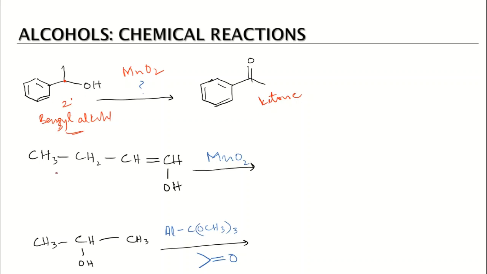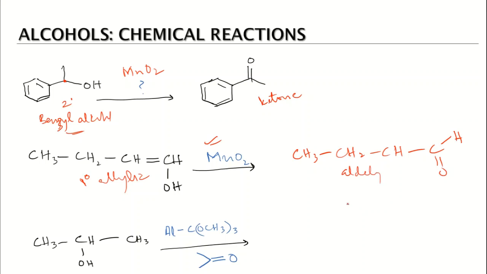We have one more example here. This is what you call an allylic alcohol. Again, we have already discussed this type of alcohol in the first lectures that we have covered. So again we are using MnO2 in the reaction, and if we recognize this is a primary allylic alcohol, it will be converted into an aldehyde. So the product in this case will be CH2=CH-CH=O. This will be the product of the reaction, an aldehyde.